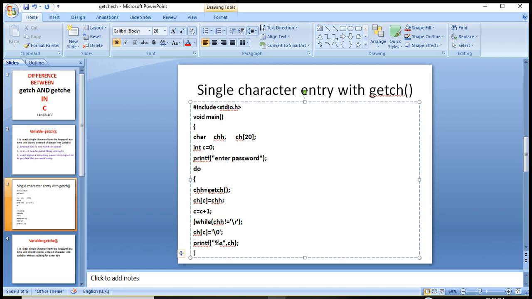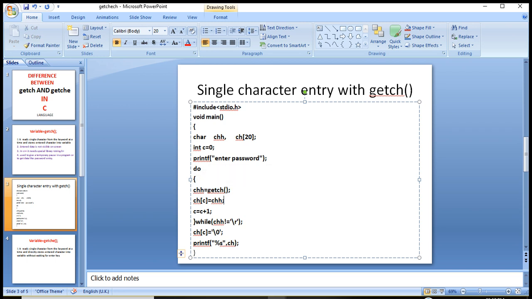The getch command will read the data of the keystroke that user presses, and store it into the chh variable.